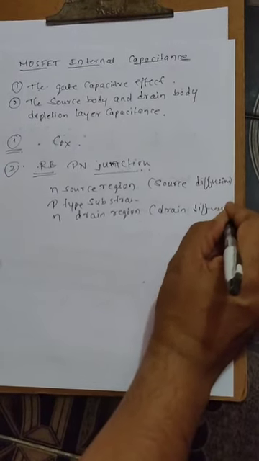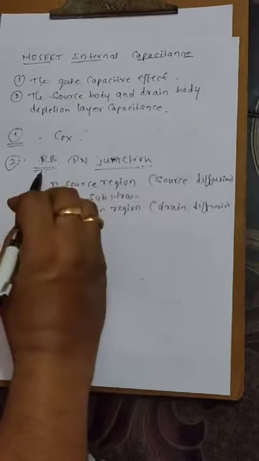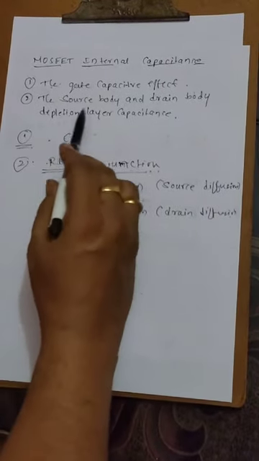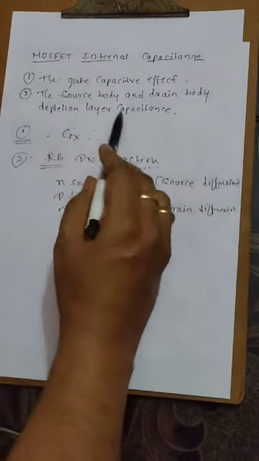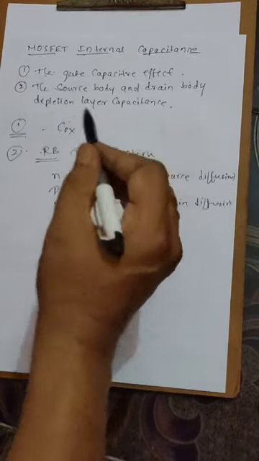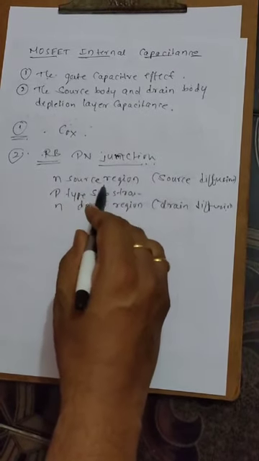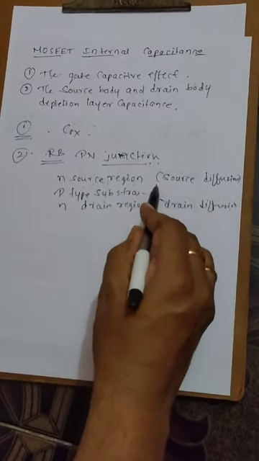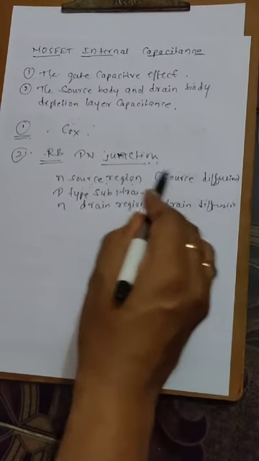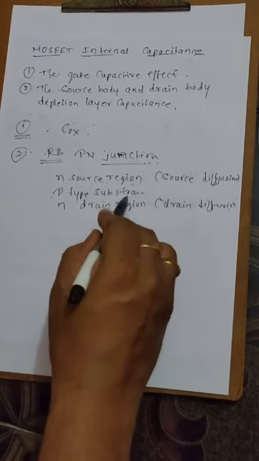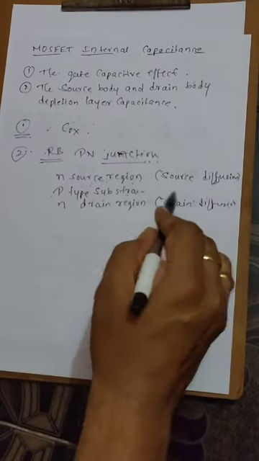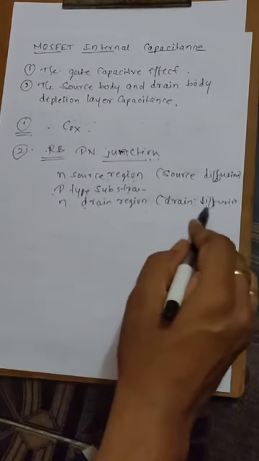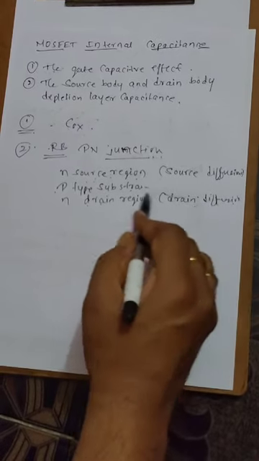This is how we explain the source body and drain body depletion layer capacitance. These are the capacitance of the reverse biased PN junction formed by the N region, called the source diffusion, and the P type substrate, and by the N drain region, that is the drain diffusion, and the substrate. These two capacitors